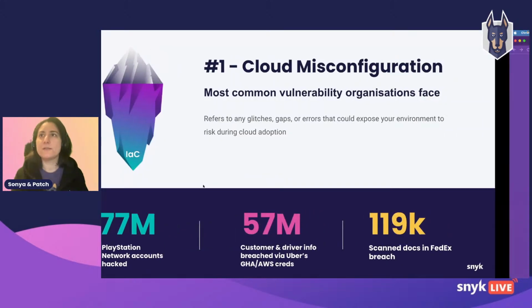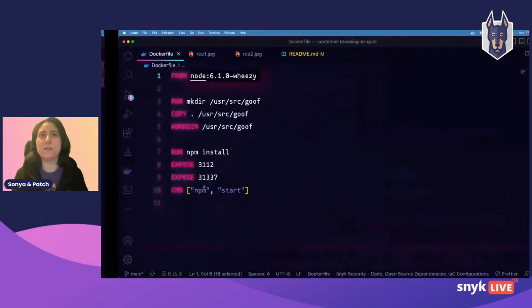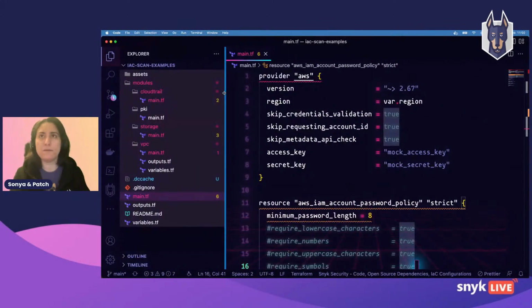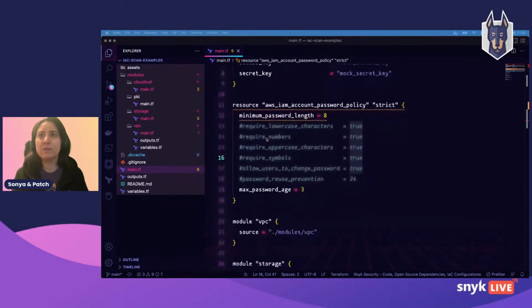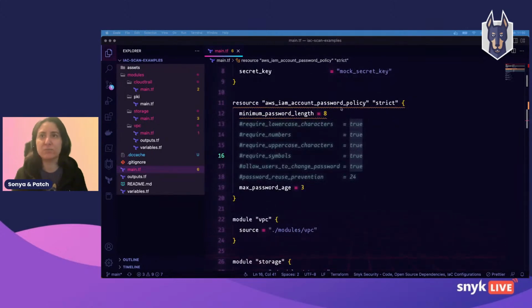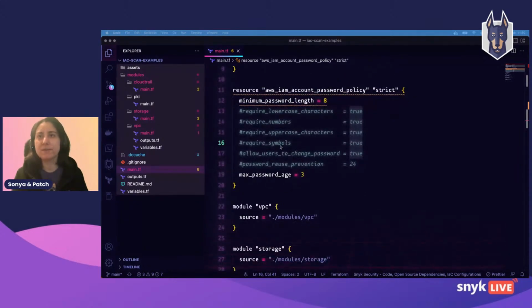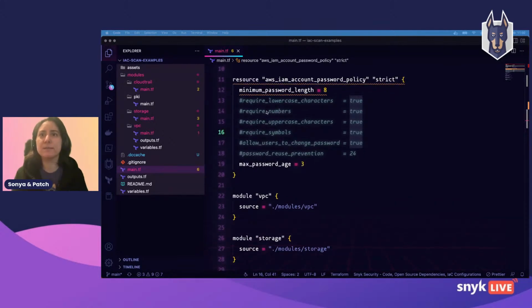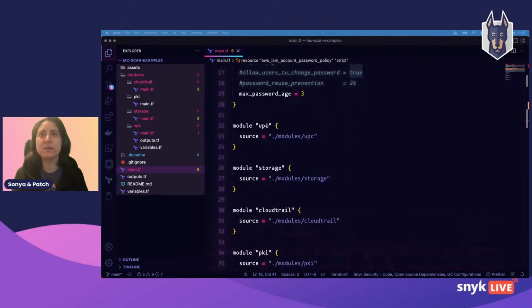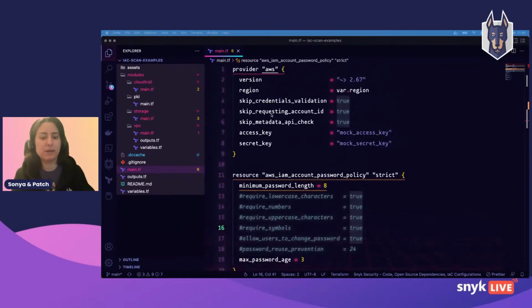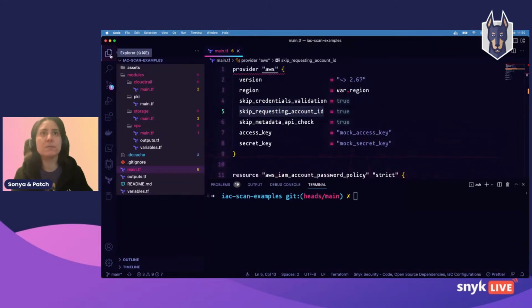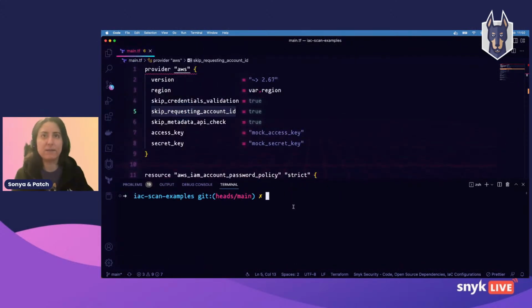Cool. I'm just going to demo an example of IaC first. Here you have an example of a Terraform file that is using the AWS provider, and we're defining a password policy. I've commented out a few things just to trigger some errors. I'll fix this after. You can see there are a few modules here just to define the basic infrastructure. But the most important thing here is to scan it to see if there are any rules that we could follow to improve or harden our infrastructure.